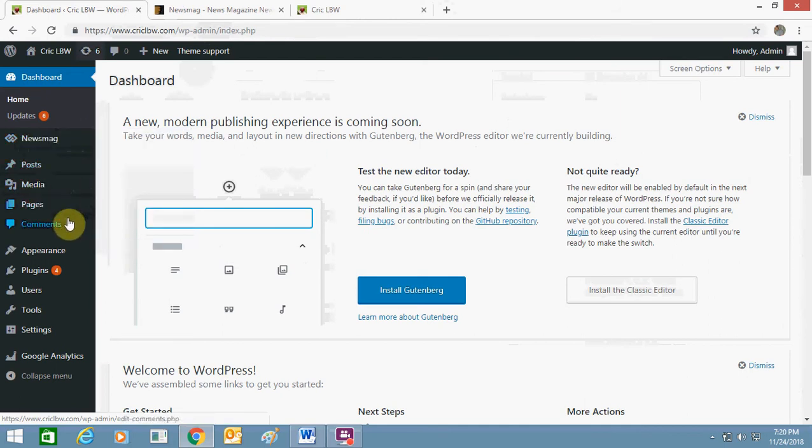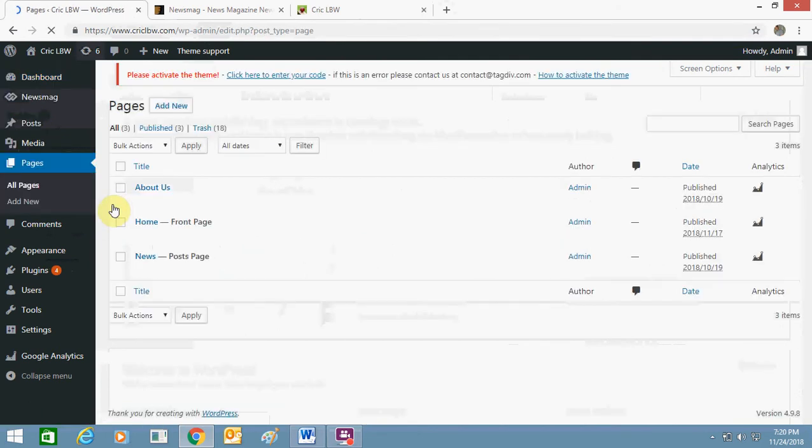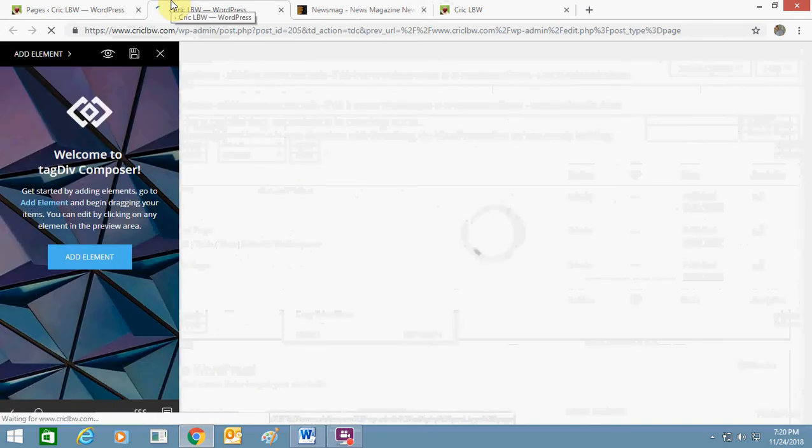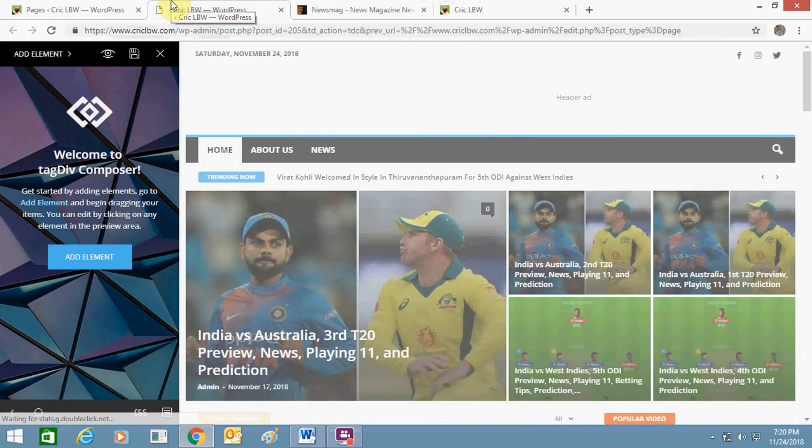So once you download this theme, you just go to pages, and instead of editing, you will get a new option like edit with SD Composer. This is the option which will give you so many features to use, how to make changes on your home page especially, and other changes I will also show you how to make it done.